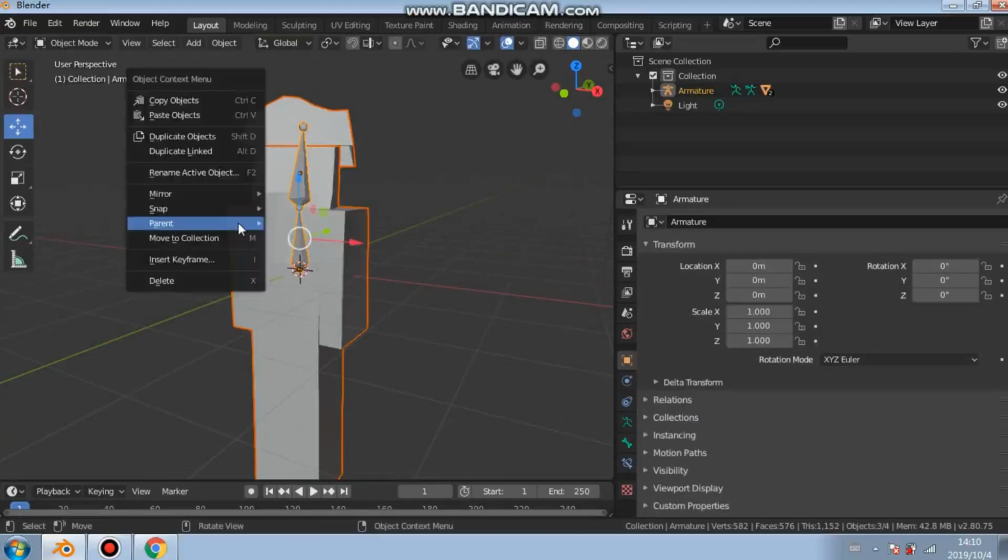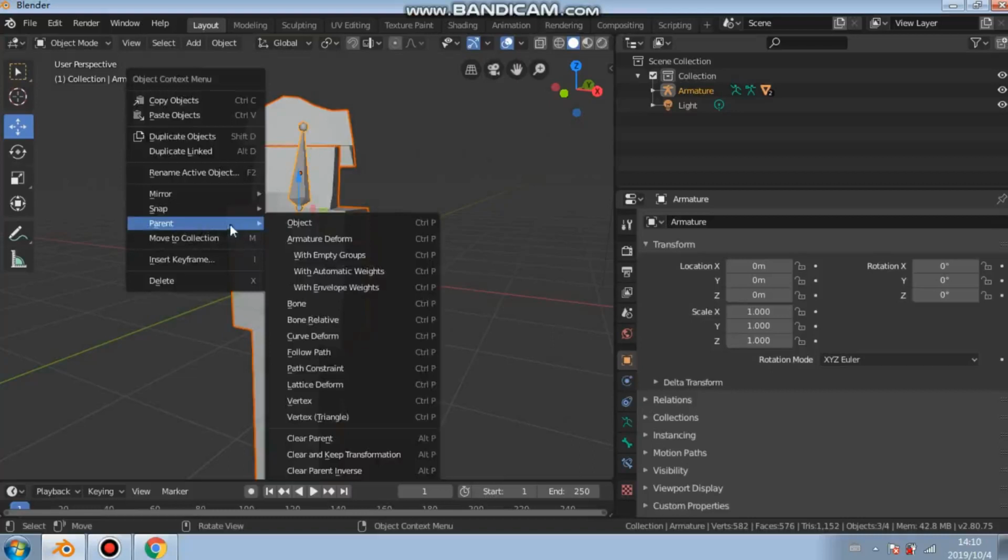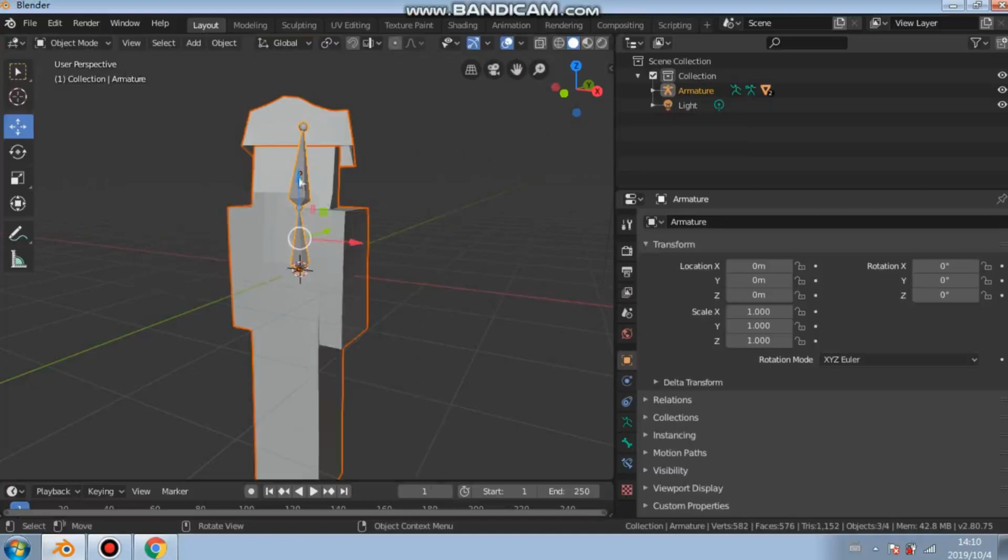Then you right click and go to Parent, and down to With Automatic Weights, and what that does is parent everything that you put in place